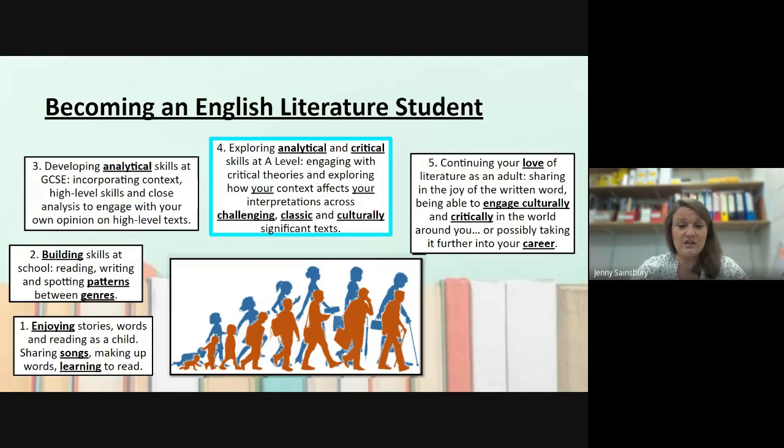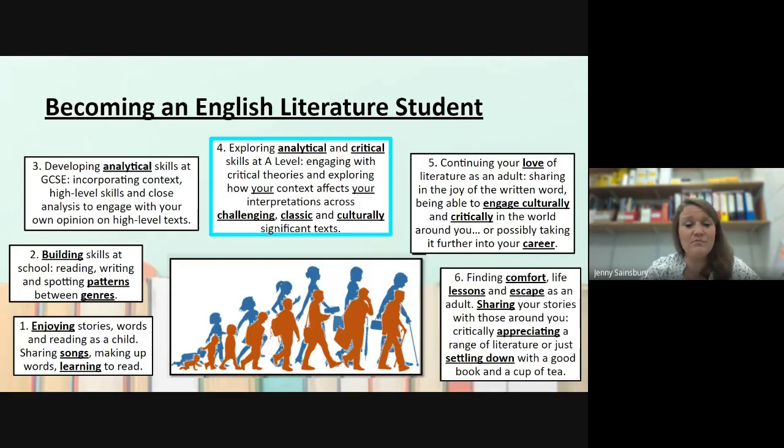Now, you might use English literature explicitly in your career, maybe as a writer or a teacher, but you would also use it within any other career as well. A lot of employers see it as a really valuable skill, and hopefully you'll understand why. And then obviously moving further on away from English literature as a subject and more into English literature as a pastime, just making sure that you continue that love of language, love of stories, sharing those with those around you, and obviously getting used to and continuing to appreciate settling down with a good book and a cup of tea on a rainy afternoon.